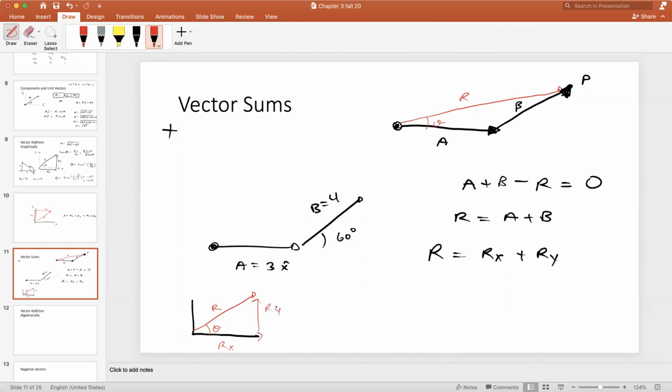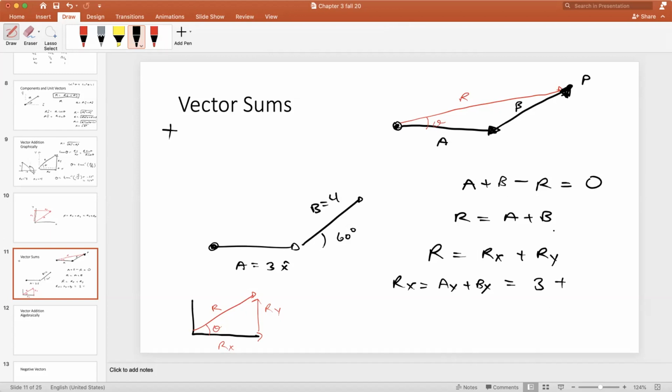And I need to figure out what these are in order to find the magnitude of r and to find the angle. Well, rx, it turns out, is equal to ax plus bx. And ax is 3x hat. It's the amount of a in the x direction. These are called unit vectors. So the amount of a in the x unit vector is 3